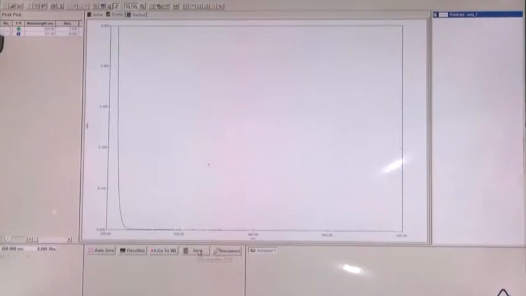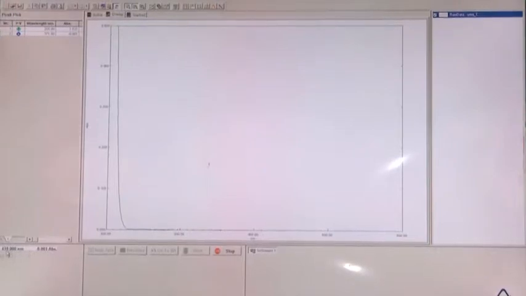Now let us click start. So the scan has already started.